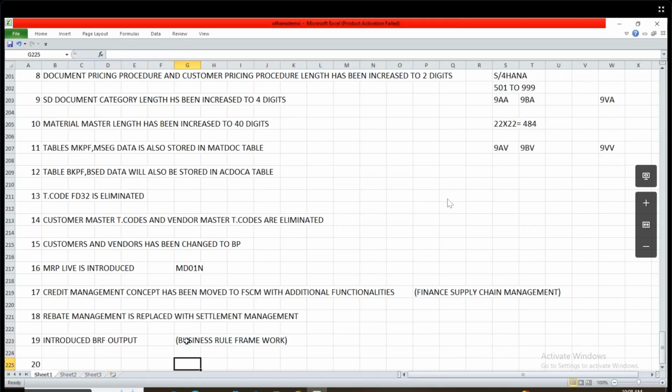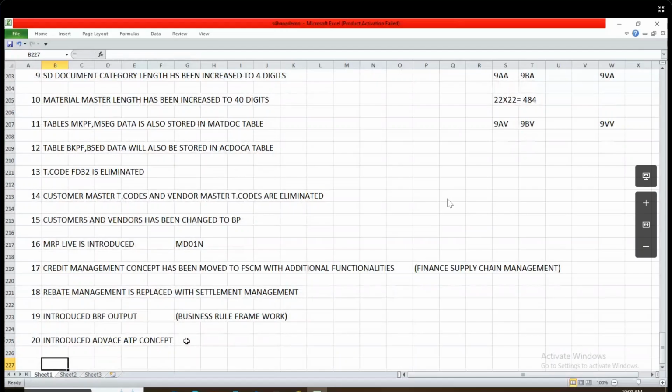Introduced advanced ATP concept. So these are the SD delta changes. Next,